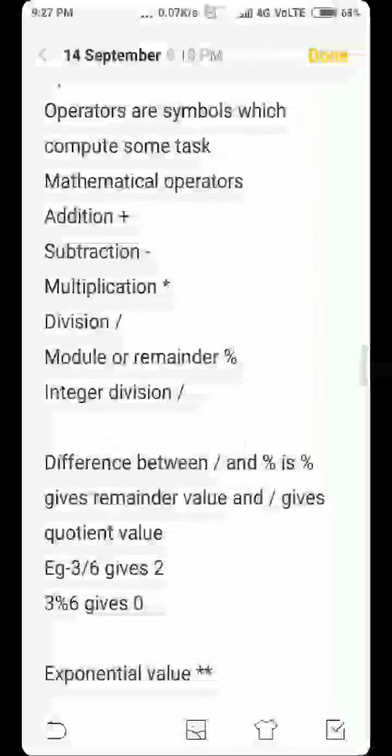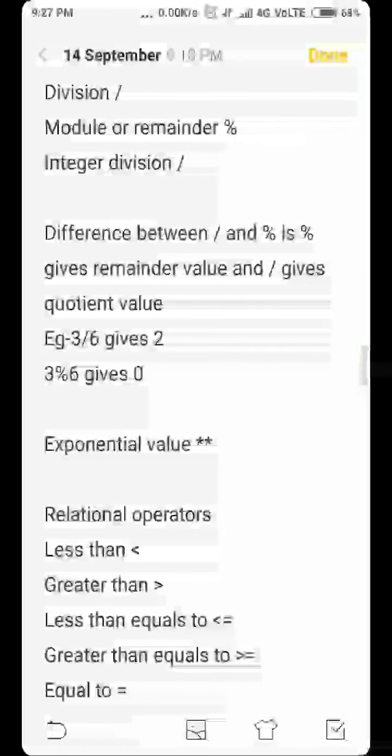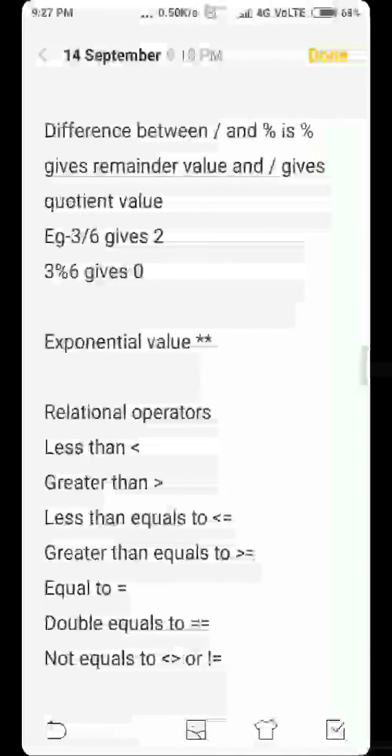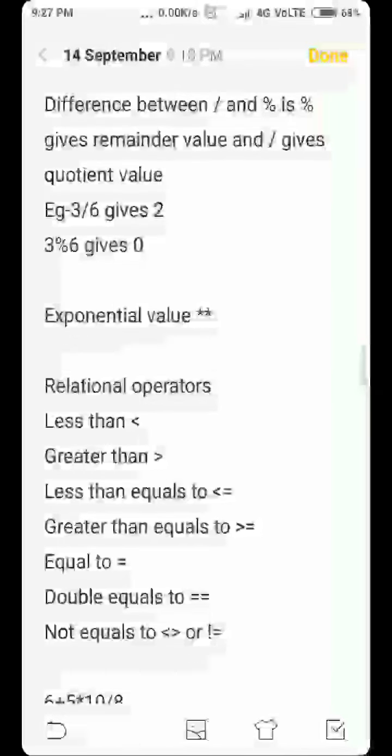The next type of operators are relational operators. Relational operators are less than, greater than, less than or equal to, greater than or equal to, double equals to, not equals to. So I'll be giving